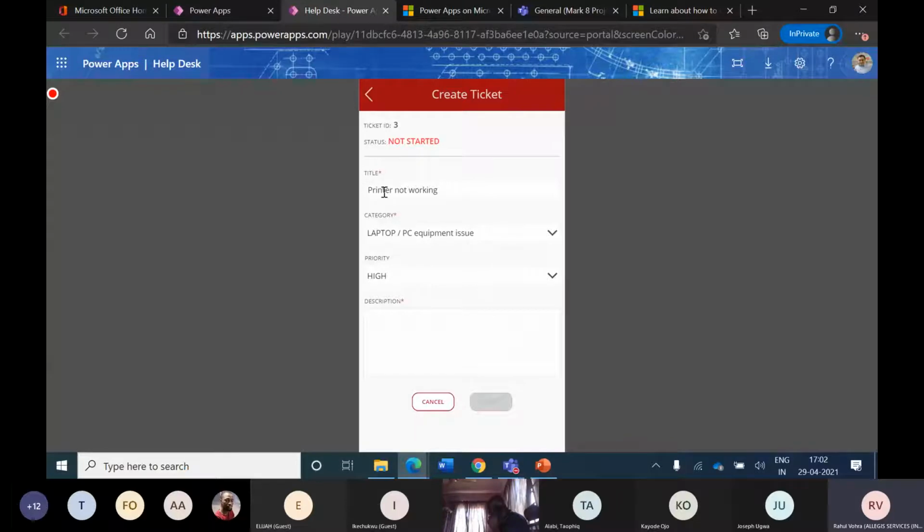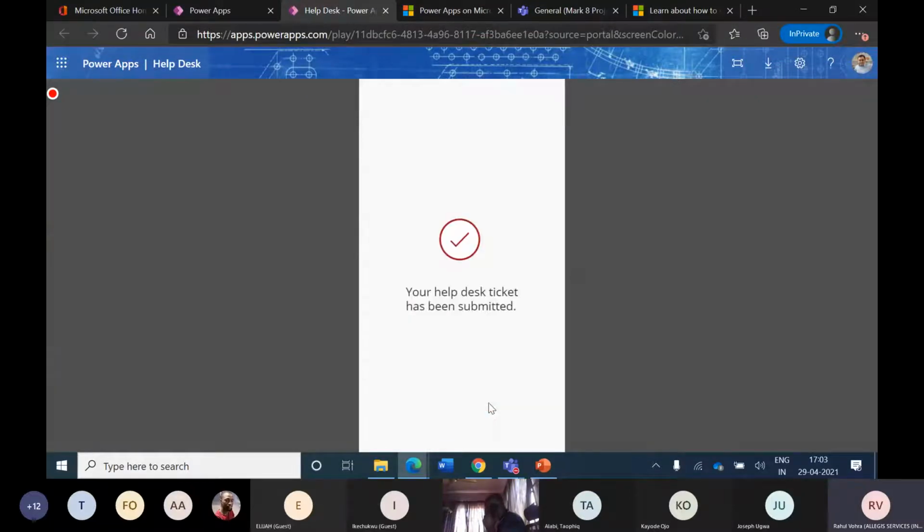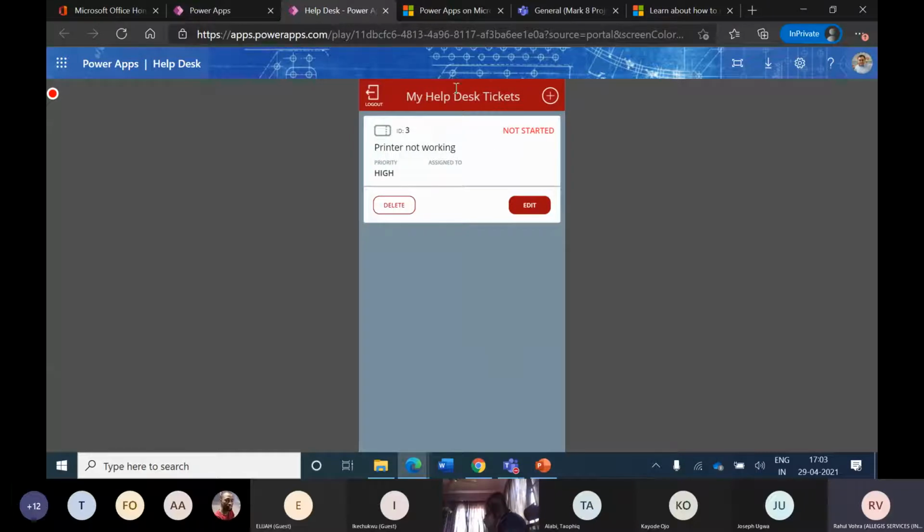So we just select this part and then I say priority is high. Please fix my printer issue quickly, and I click on create to create the ticket. It confirms that the ticket got created and then brings me to this screen where I'm seeing my open ticket. So this screen is expected to list all of the tickets I have created as a user.